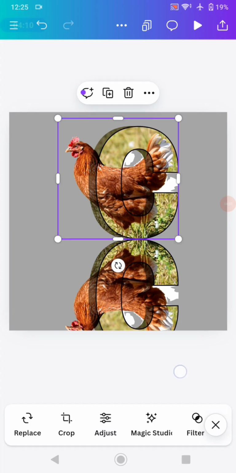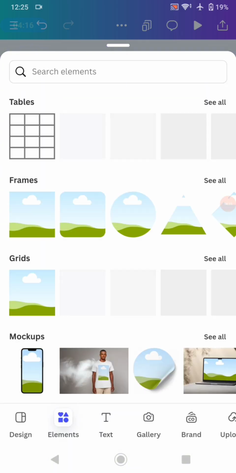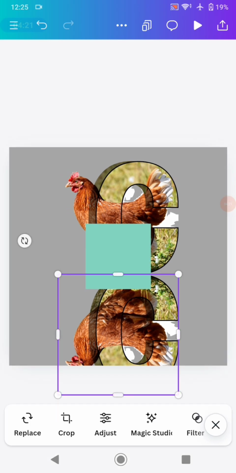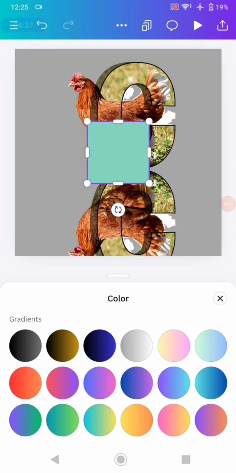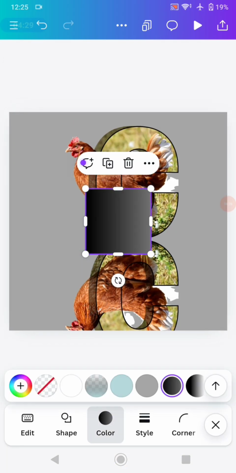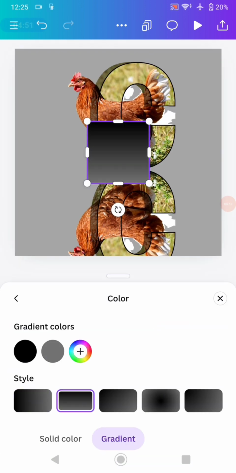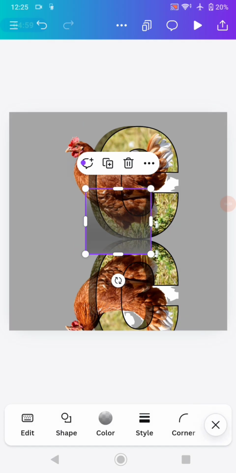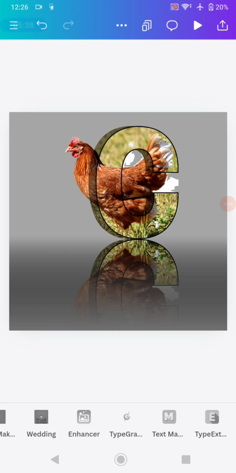After you finish doing it, add a shape. Go back and add a shape like this, and then change the color of the shape into a gradient color like this, and go back one more time. And now you need to adjust the gradient color on the second one, and then adjust the black gradient color to make it much more transparent like this. After you finish, adjust the size one more time,